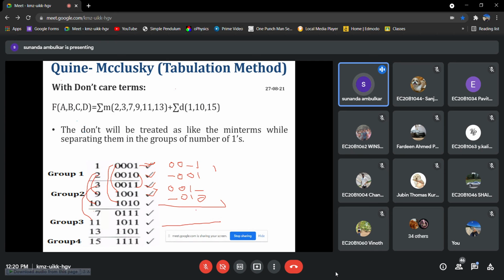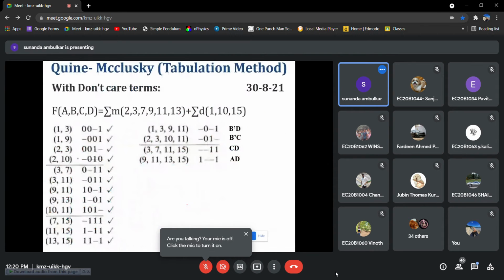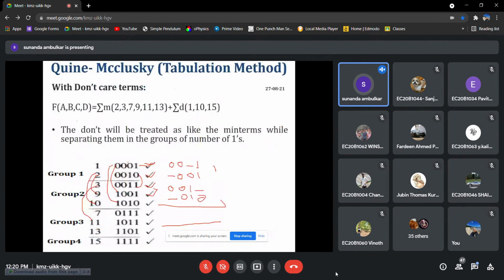Plus 1. So we will find out the group 2 members and group 3 members. Okay. Next, we will see. So this is the second table after comparison. Okay, so all the members of the first table have been compared. So we have a tick mark with all the members, because they got compared.